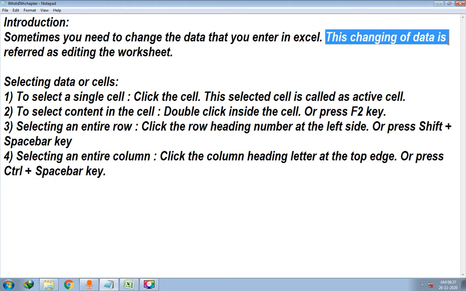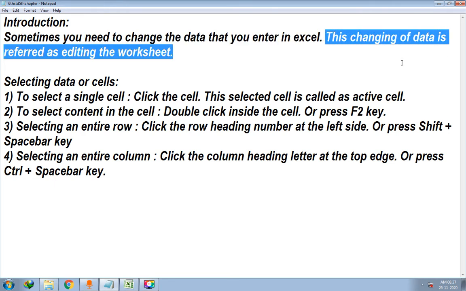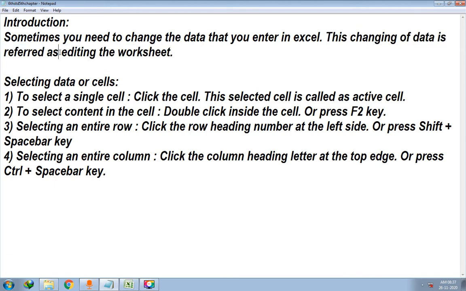This changing of data is referred to as editing the worksheet. So when you change the data of an Excel file or the worksheet, it is called editing the worksheet. Remember this, when you change the data of Excel, it is called editing the worksheet.